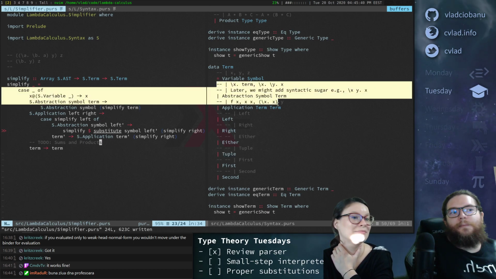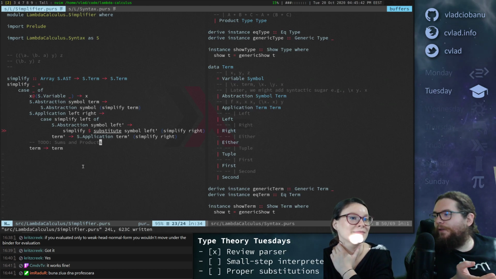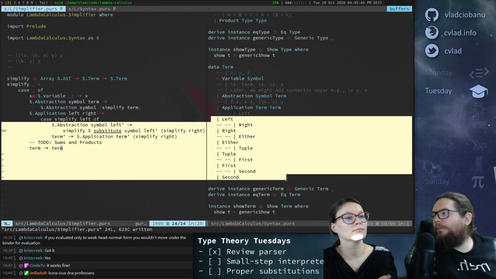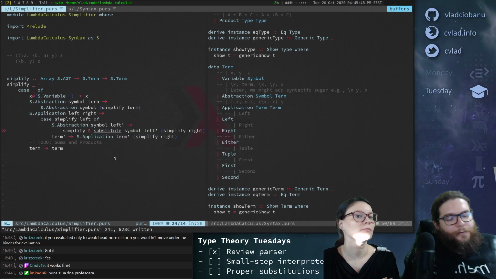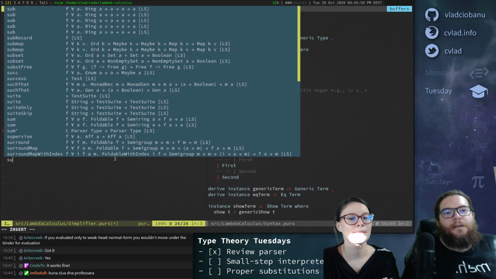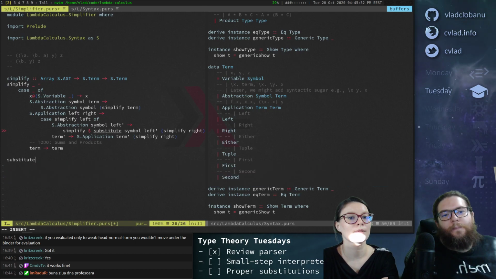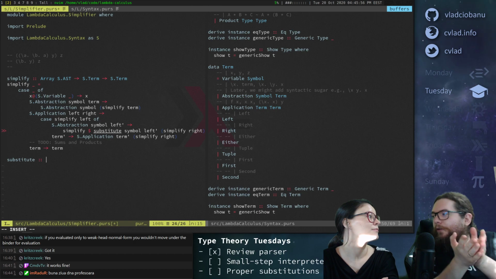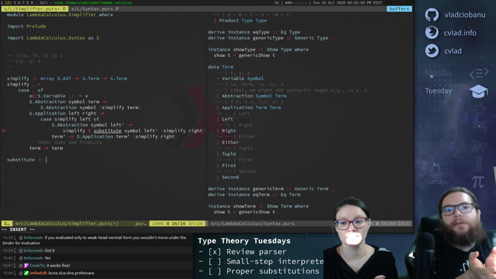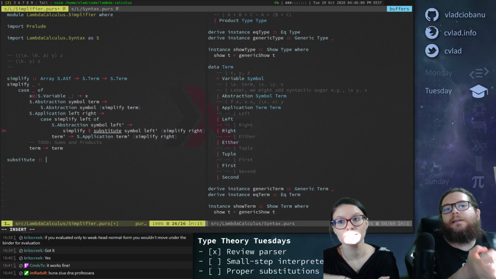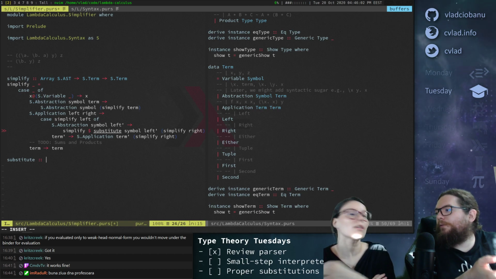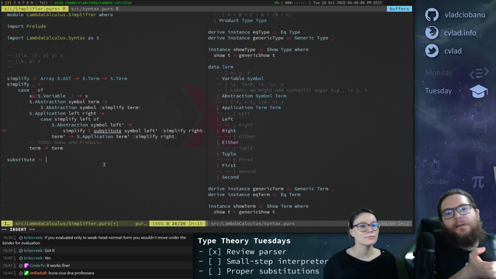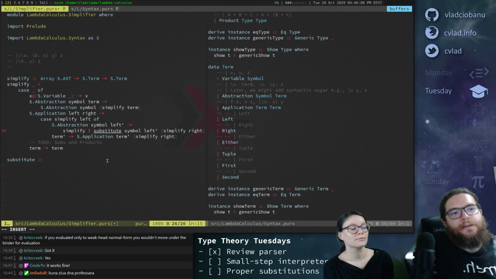Let's just deal with the simple lambda calculus first, right? Okay. And right now what happens is whenever we find this, we just stop. We don't simplify further, right? We don't know how to. Okay. Let's go to substitute now. Because the thing is, I want to have this and I want to start writing tests. Okay. And I want to see, okay, did we get application and abstraction right? Because if we did, then we will reuse those ideas here, of course, right? We just need to have some special cases.